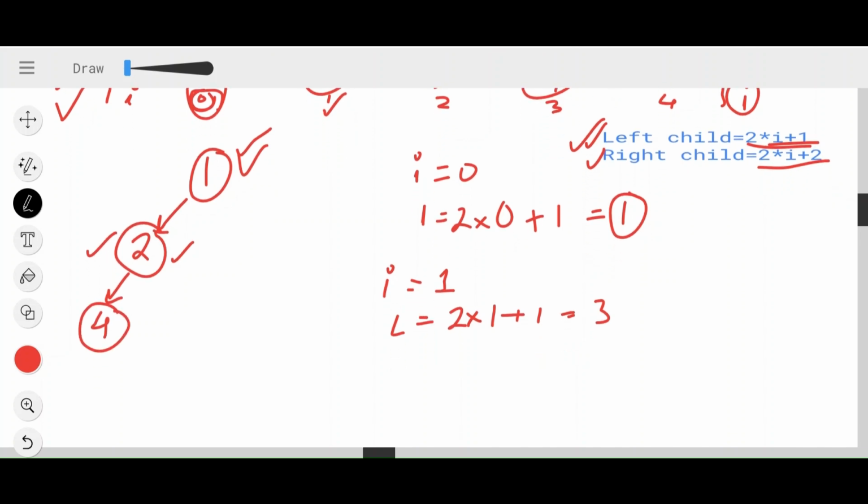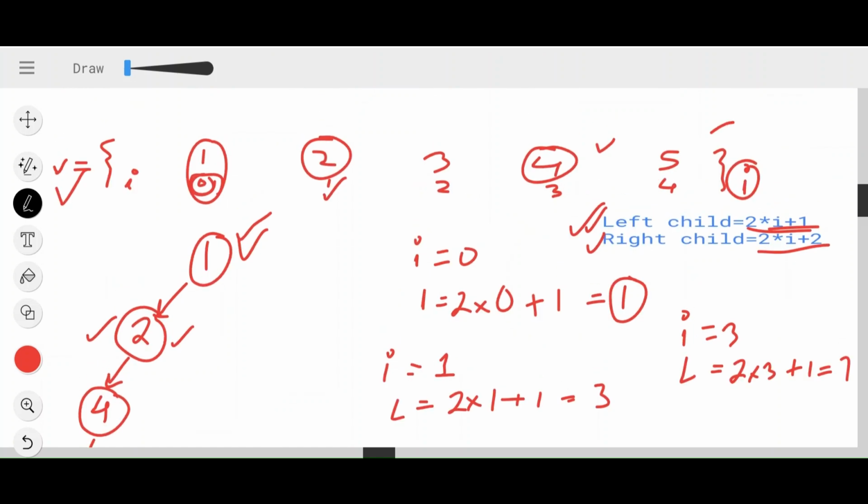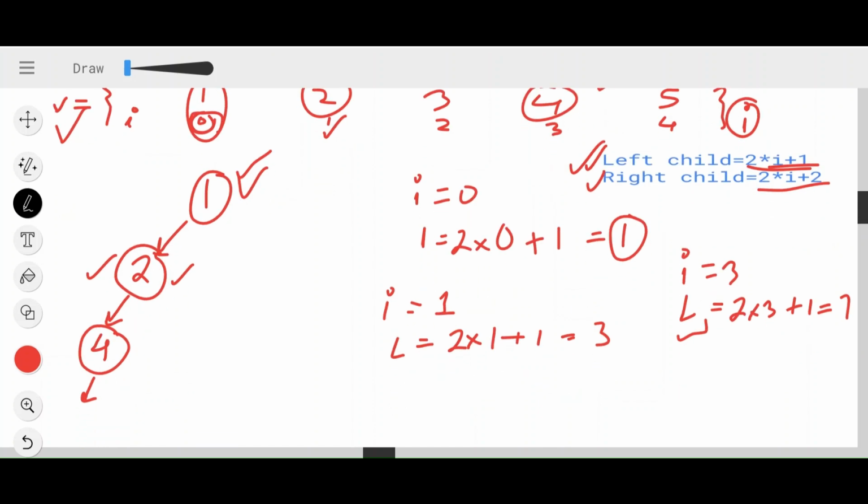Okay. Now again, move to the left. Where is this element 4 located? It is at index I equals 3. So let's find out the location of the left child. My left child is at 2 into I, where I is 3, plus 1. That is, my left child is located at index 7. But wait, the size of this vector array is only 5. Only 5 elements are present here. But my left child is now pointing to index 7. So it is an index out of bound case. Whenever this case happens, simply return null. Okay, now move to the right node.